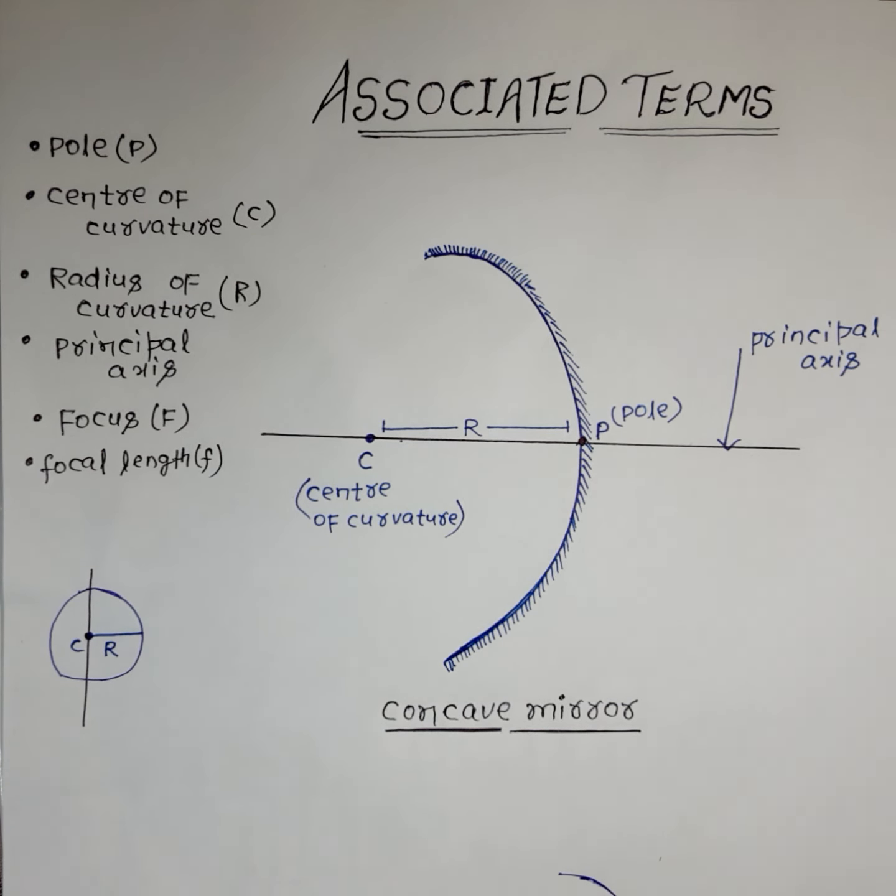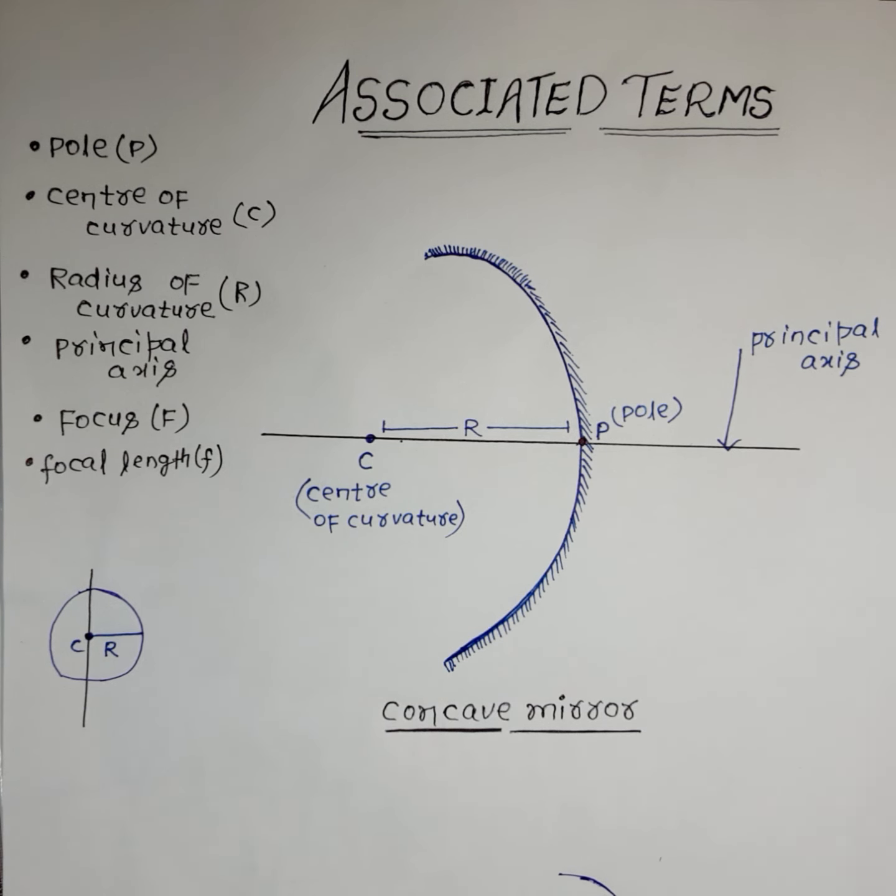We know that in this chapter there are basically two terms, that is reflection and refraction. These terms we have been learning since class 7th, but in this chapter we will learn about the ray diagram and related numericals. So reflection we know. For reflection mirrors are required, and for refraction lenses are required. So first we will talk about the mirror.